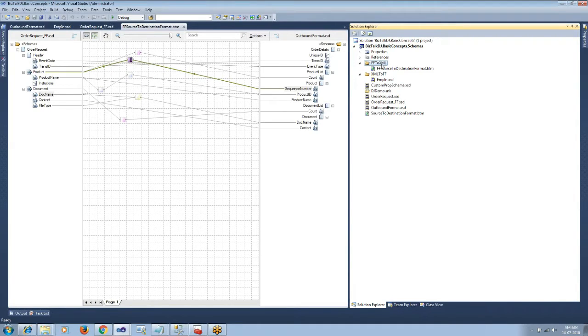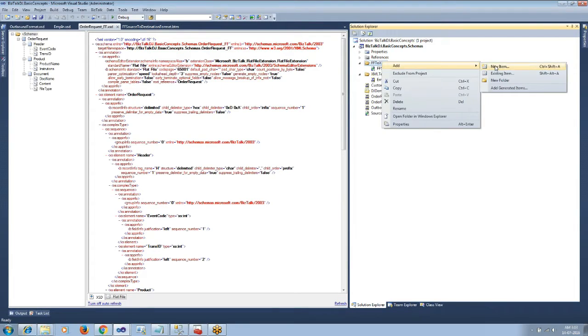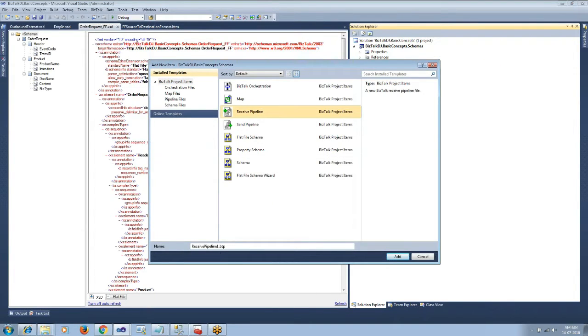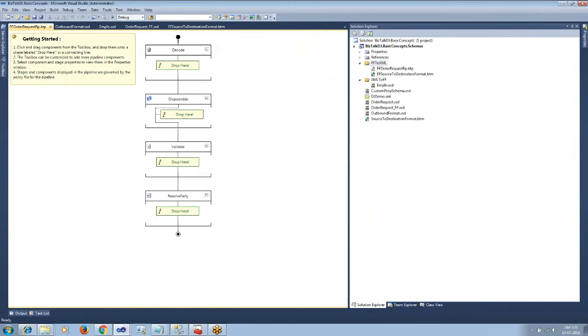Now let us create a receive pipeline to receive the message. So this will actually receive the order request in flat file format. So here is the receive pipeline which has decode, disassemble, validate and resolve party.